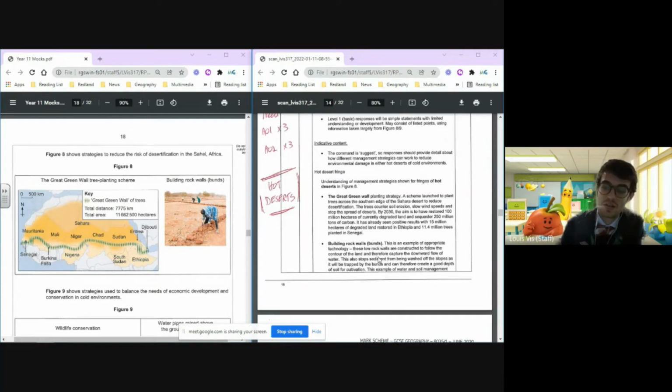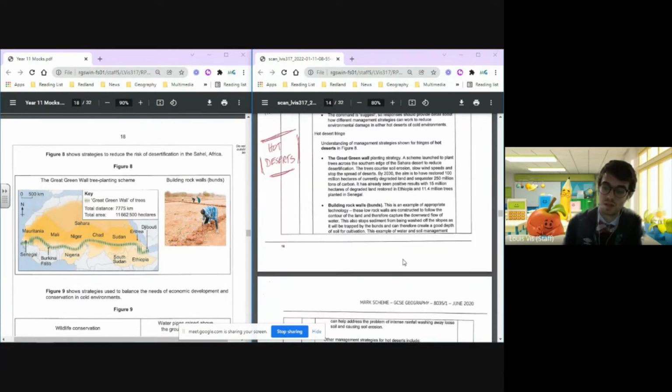The bunds, the whole point of them is that they capture downward flow of water. Therefore, they allow water to collect rather than just run off. Surface runoff is huge in the desert area because the ground is so arid, so dry. When the water falls, it doesn't have time to absorb it all. Whereas these building rock walls allow the water to slow down its flow and therefore have time to absorb and